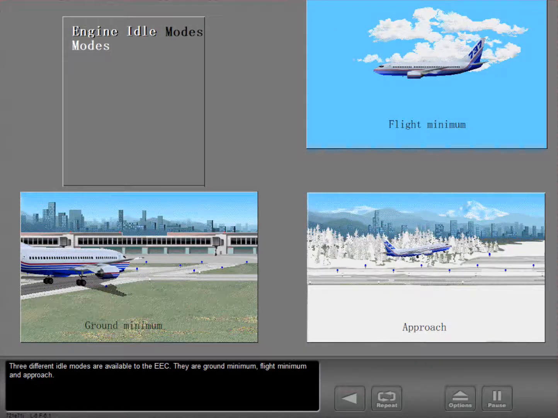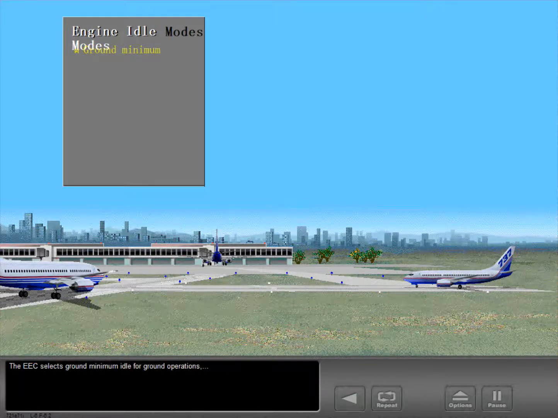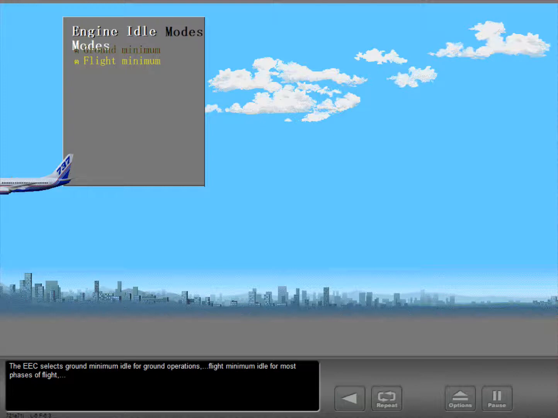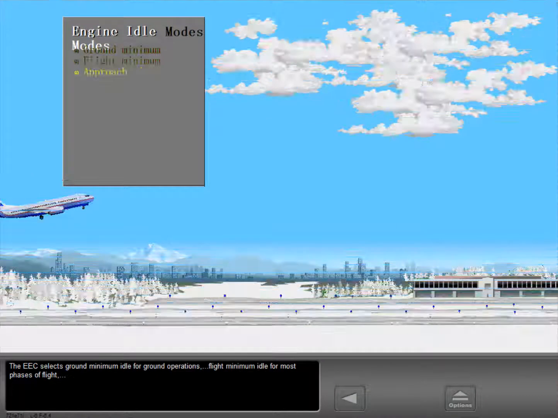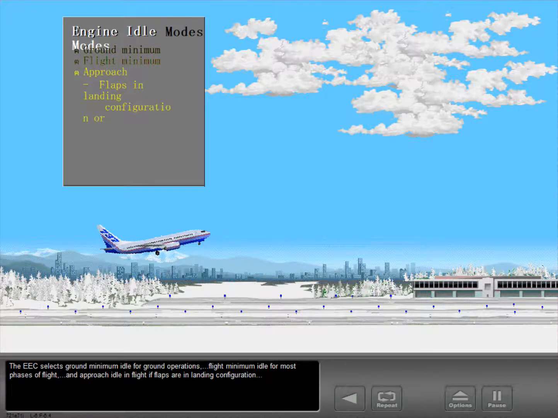Three different idle modes are available to the EEC. They are ground minimum, flight minimum, and approach. The EEC selects ground minimum idle for ground operations, flight minimum idle for most phases of flight, and approach idle in flight if flaps are in landing configuration